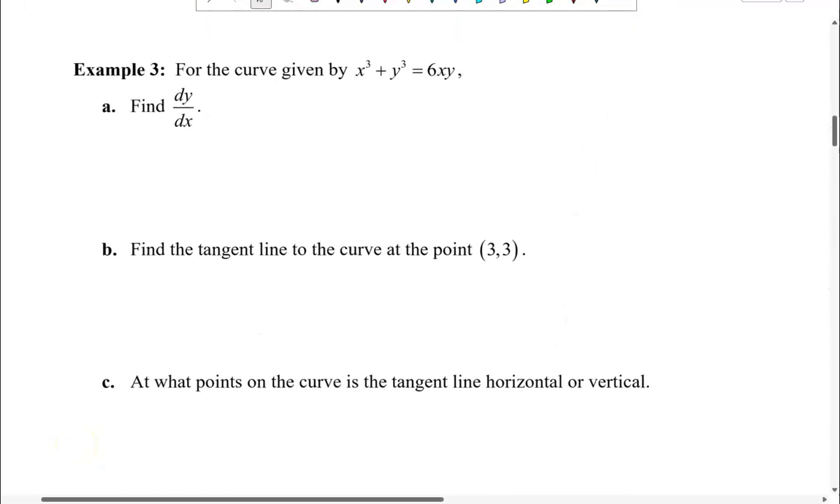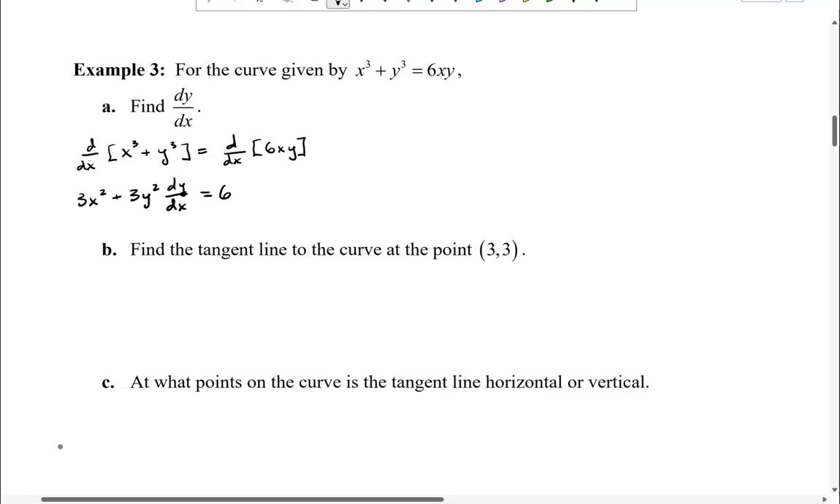Example 3. For the curve given by x to the third plus y to the third equals 6xy, first they want us to find dy dx. So again, we start off by taking the derivative with respect to x of each side of this equation. So we get 3x squared plus 3y squared dy dx equals, the 6 is a constant multiple, so I'm just going to put it on the outside of parentheses, and then we'll go ahead and take the derivative of xy using the product rule. So we have the first times the derivative of the second plus the second times the derivative of the first